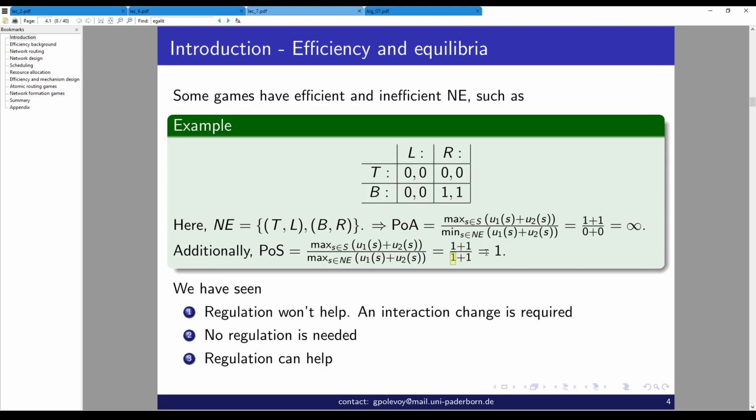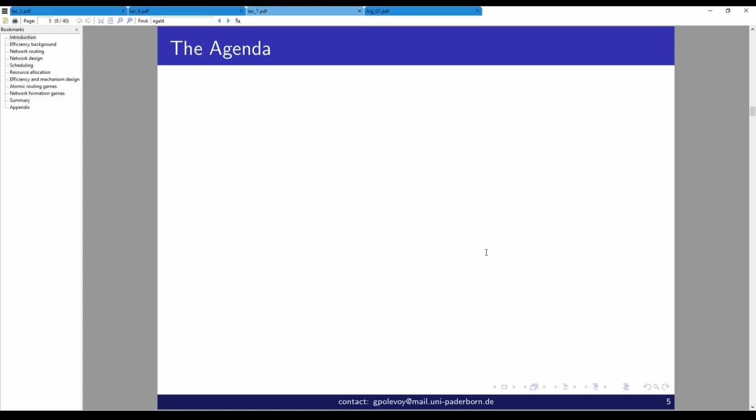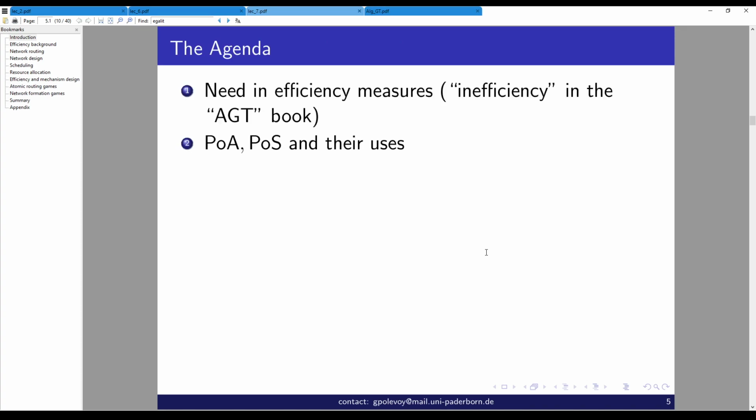So it's important to know what those prices of anarchy and stability are, and that's the topic of today's lesson. So the plan is, first of all, to talk about the need for those measures, and we have basically covered that,